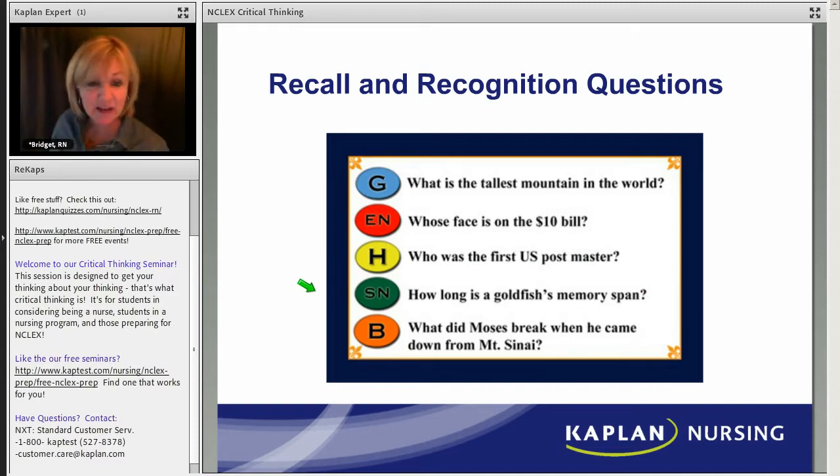Now, if we're critically thinking, we could think he probably has a memory span, right? Because otherwise he'd probably just keep hitting the glass over and over, right? He can remember that there's glass there, maybe. So he must have a memory, but how long is it? You'd probably just have to guess, right?